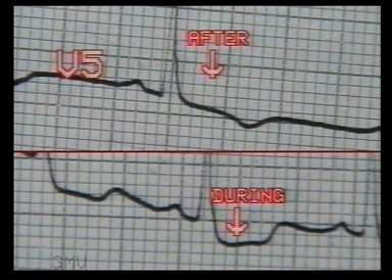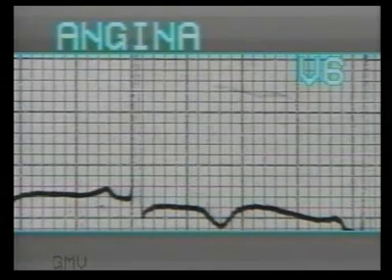During an acute attack of angina pectoris, ST segment is depressed by 1 to 2 millimeters, particularly in leads V5 and V6. But this is a transient change. In the upper ECG taken 2 hours later, the ST segment has returned to normal. This is typical angina pectoris or Heberden's angina.